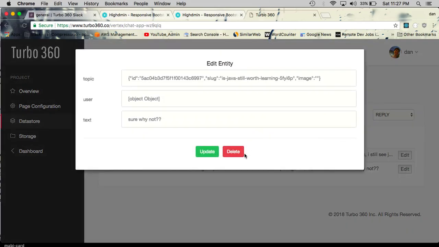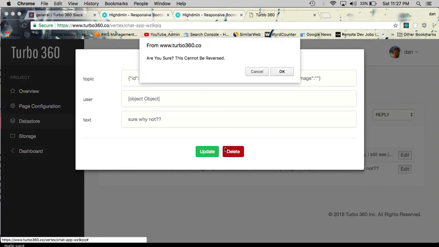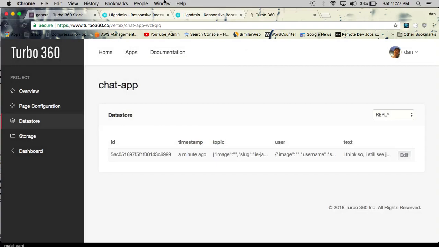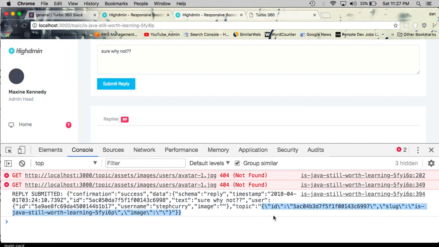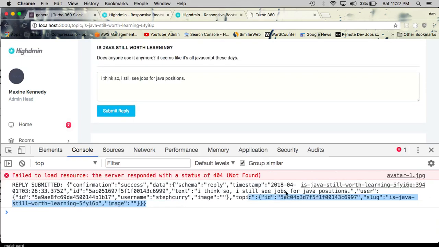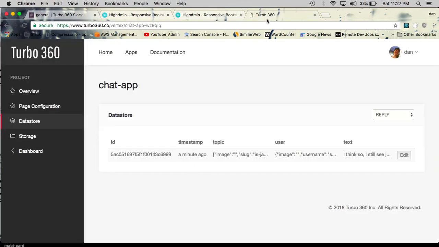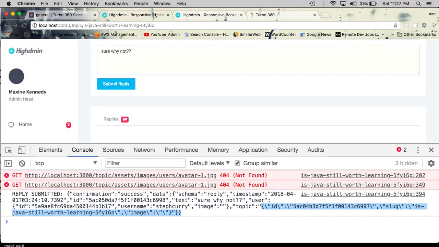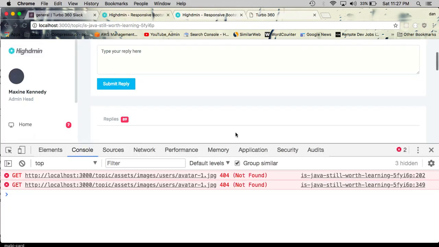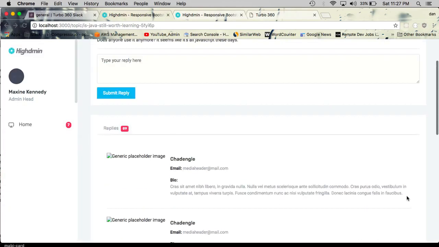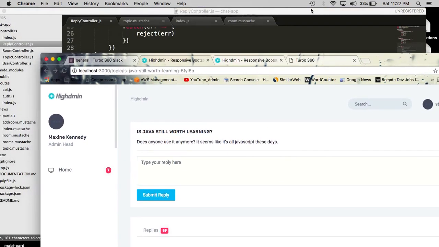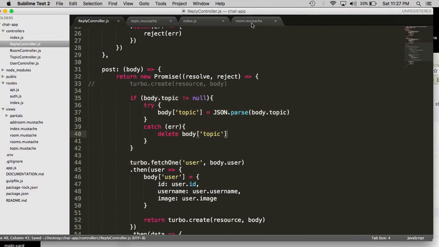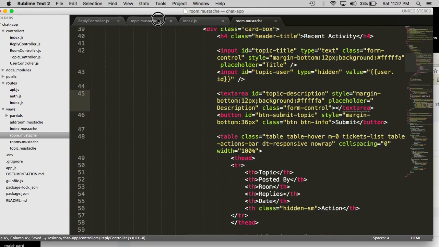But here we want to get rid of this because that was the one where the JSON is malformed. It's just a big string. We don't want that. So we want this type instead. Well, it doesn't matter, we're not running these anyway yet. So now what we've done so far is we've successfully created a reply